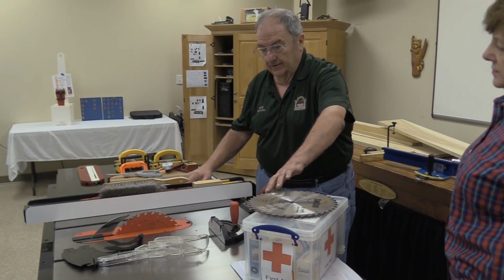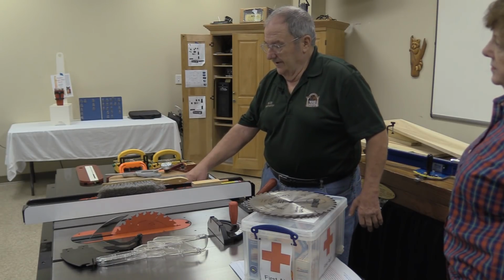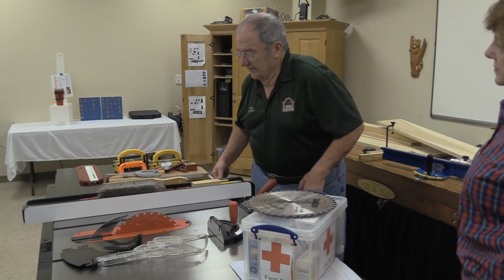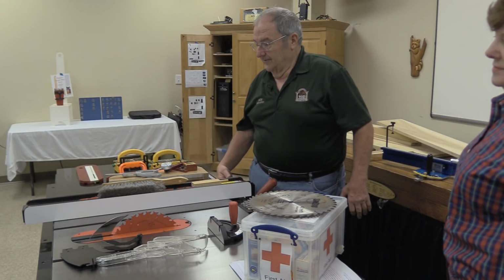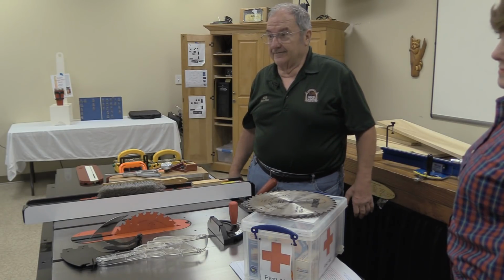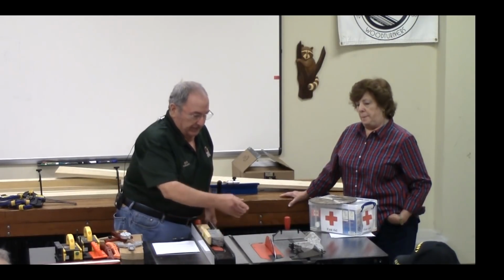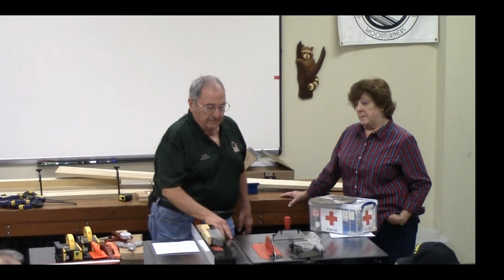These carbide teeth on the periphery of the blade, when that saw is on, what you're experiencing there is 2,433 teeth per second coming at you, which is kind of an intimidating number. Those teeth are traveling at 1,806 inches per second. And if you guys think your reaction time is good enough to get out of the way of that, you're dreaming. So that's why they came out with a saw like this, a SawStop,